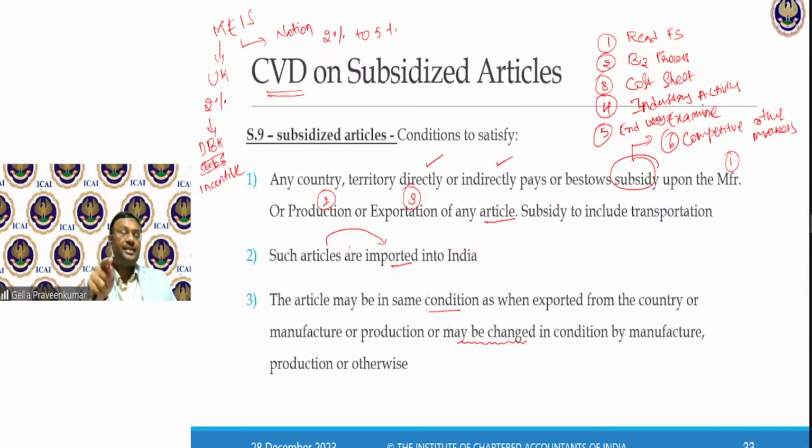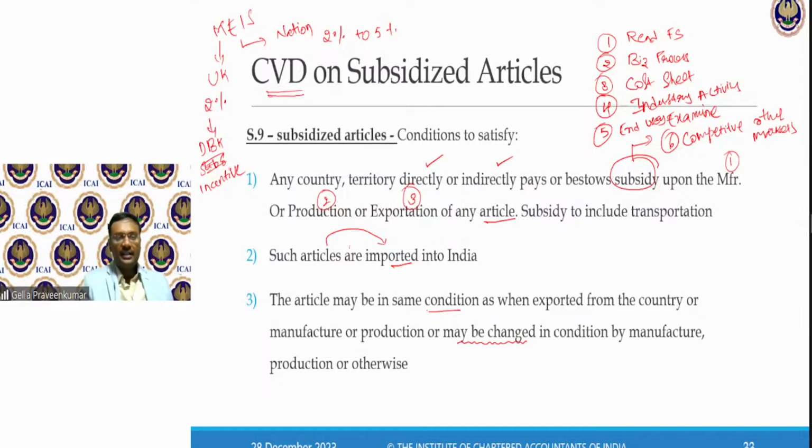Now, is that a subsidy just to reduce the price for the goods which are going to that nation? The answer would be the treaty between those two nations, and the damage which is going to happen because of those goods to the Indian market. In addition, you also try to examine what their cost share is, what their activity is, and how the pricing is given for goods coming into India and goods going outside India. So based on these factors, the government may formulate under Section 9 something called Countervailing Duty on Subsidized Articles.